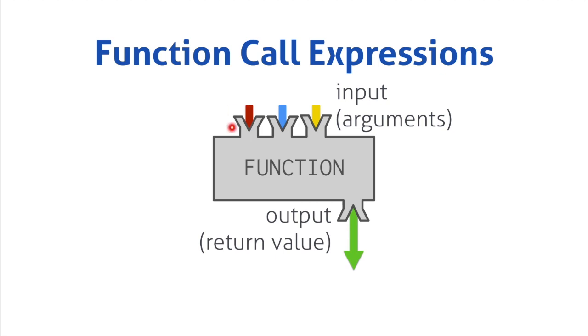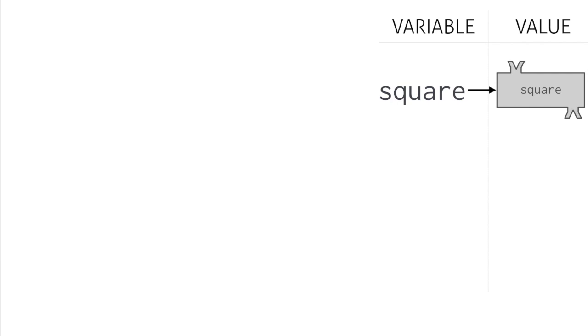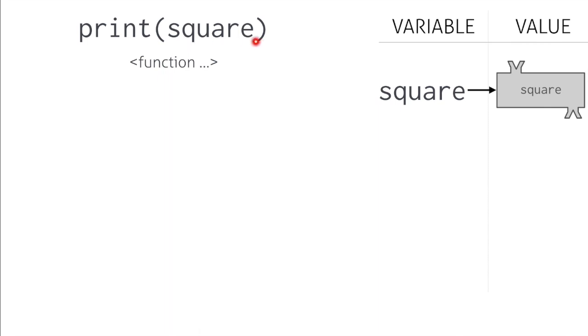Functions can take in any number of arguments here, including 0, but there's always exactly one return value. So let's suppose that we have a function called square that takes in one argument and returns the value of that argument squared. That means that somewhere, square is a variable that points to a function object. So if we print out square using this expression, then it would print out something showing that square itself is